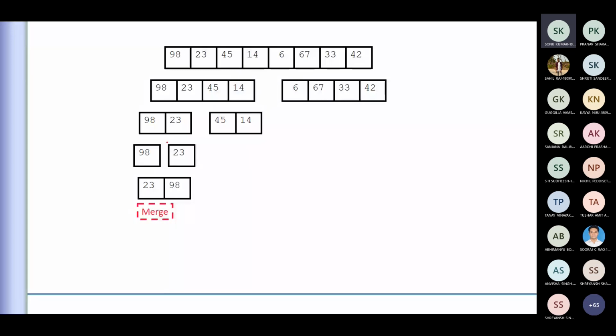I need not make many decisions while dividing the content. Only when I do the merging will I be comparing and reordering.